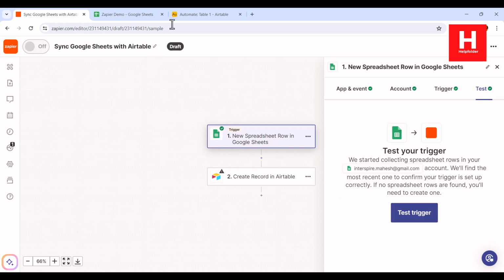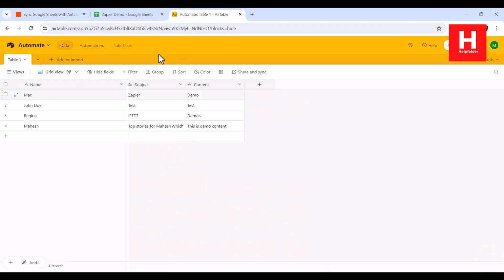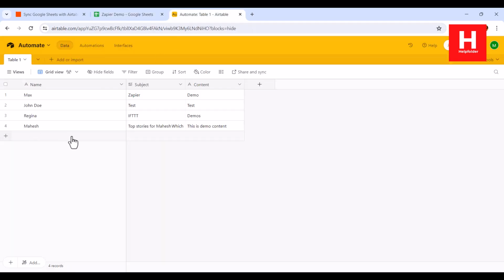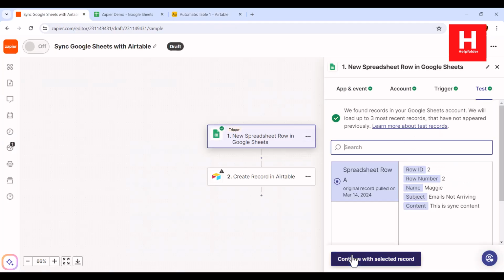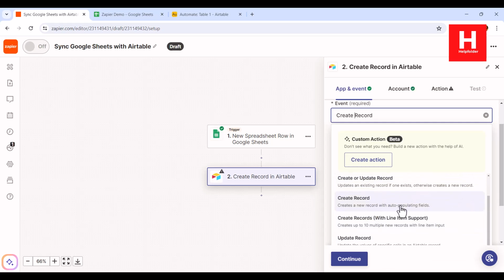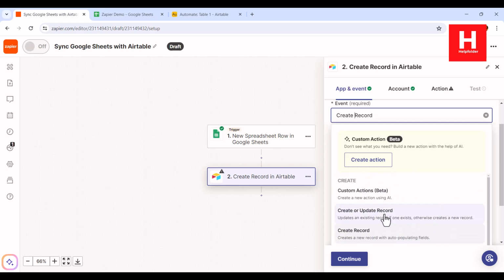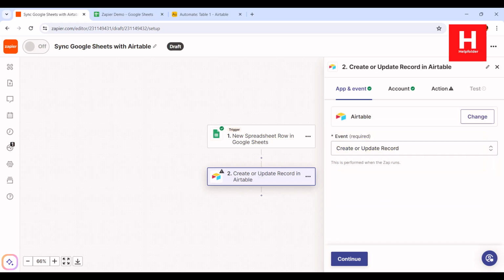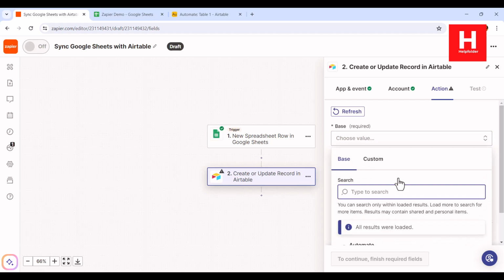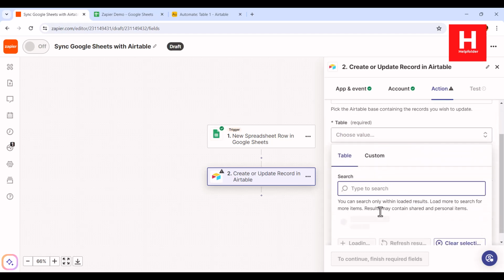Now in Airtable, as you can see, we have name, subject, content, just like we have with Zapier, one of the tables. So this particular entry will be synced here in the fifth entry. Now if I go back to Zapier, I will select the record, choose event, create record with auto populating fields, just add create or update record, right? Click next, continue. Now we'll choose the base, then table,